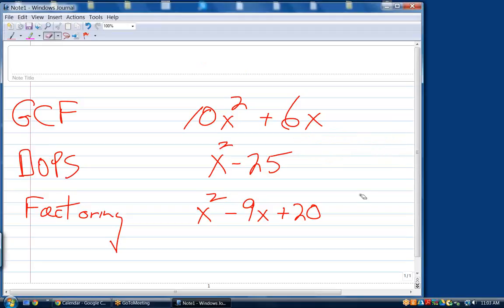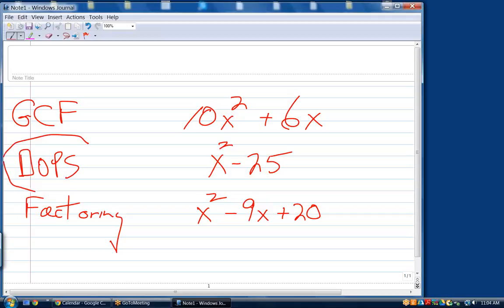Okay? That is what you always want to look for as a starting spot. When they give you a quadratic or even a cubic or quartic or any large polynomial, and they say factor it, the very first thing you look for is greatest common factor. Okay? The second thing you look for